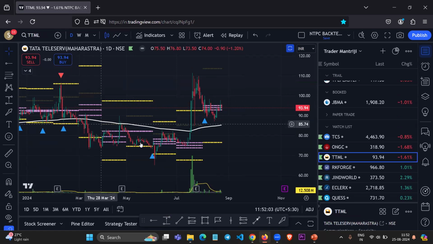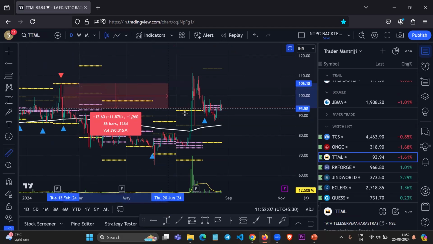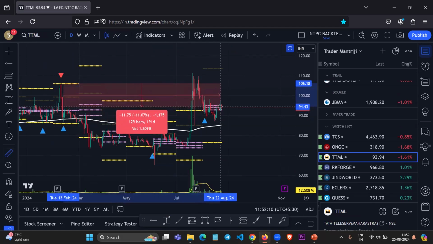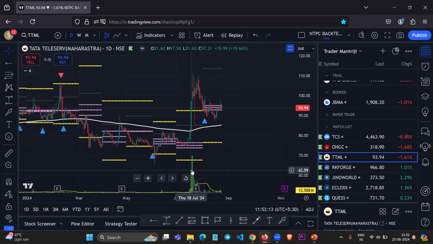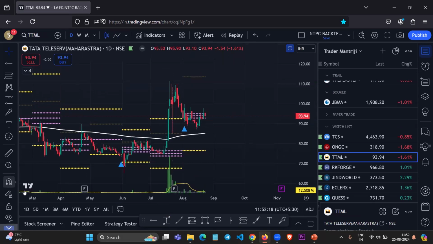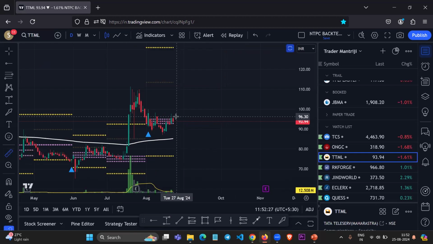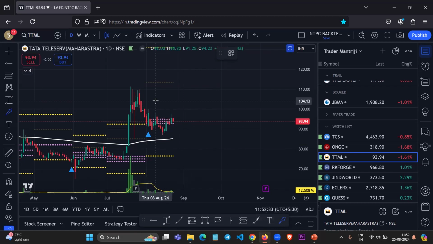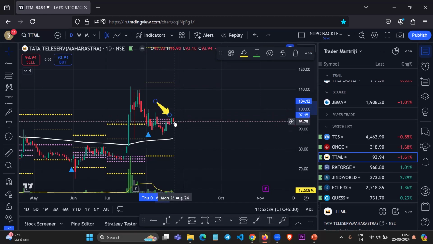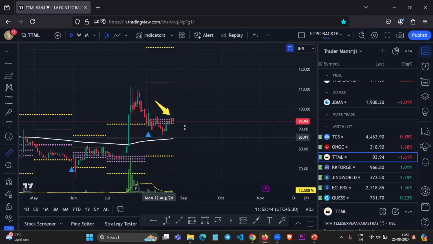As you can see, the stock was in a downtrend, then it is in the plus minus 20% range, then recently it is showing high daily volume, then CPR changed to uptrend, and now you can see the stock went up, then it came down, and it is trying to bounce back. In this scenario, if we want to take a position, we will be entering after this candle. Here you can see this candle is trying to bounce back from the CPR level. So on the next day we can initiate a position, but as per our strategy, the stop loss is below